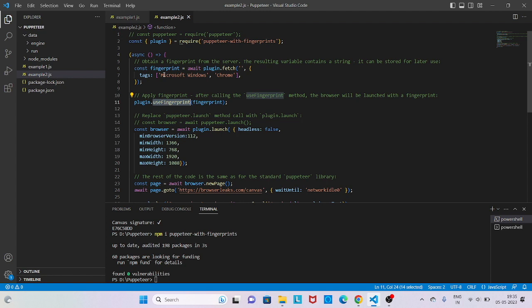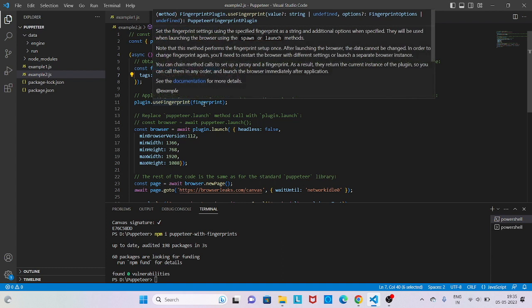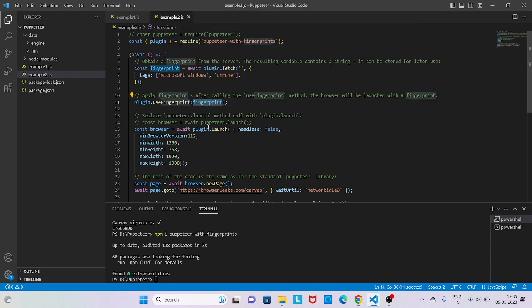So I am setting here that I am using Microsoft Windows and the browser as Chrome. I am just telling the browser this much information only, and I am using this fingerprint now. The only difference is that the plugin has this method, use fingerprint, to add the fingerprint, and you can launch using the plugin. So once you launch the browser using the plugin, you are providing this fingerprint to the browser, not your real